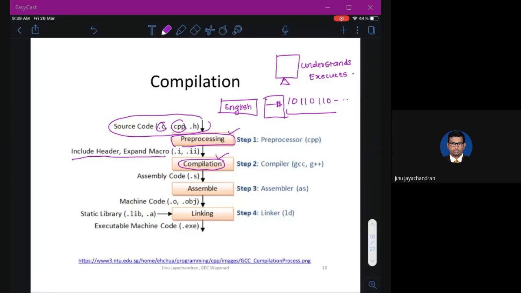Once it is compiled, it will generate code in .s format, which is called assembly code. I think you might have studied this in your microcontroller microprocessor course in the previous semester when you did 8051 or 8085. So it will convert into assembly code, and then there's an assembler which will convert it into a file called an object file.